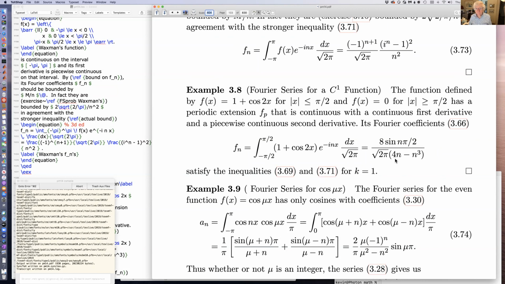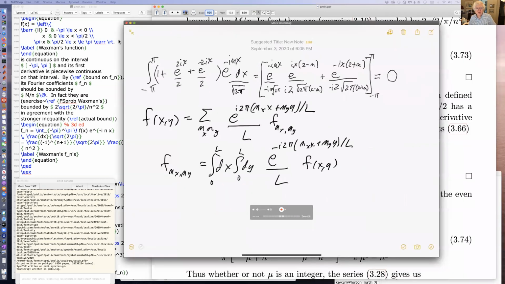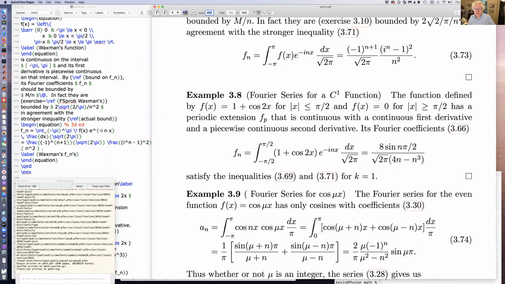Now you might say, well, what would be true if instead of imposing these discontinuities at x equal to plus or minus pi over 2, we made the function continuous from minus pi to pi? Well, then we'd have an integral, the f_n would be an integral from minus pi to pi of this function. And that's what I did up here. You just wind up with 0. And so the coefficients